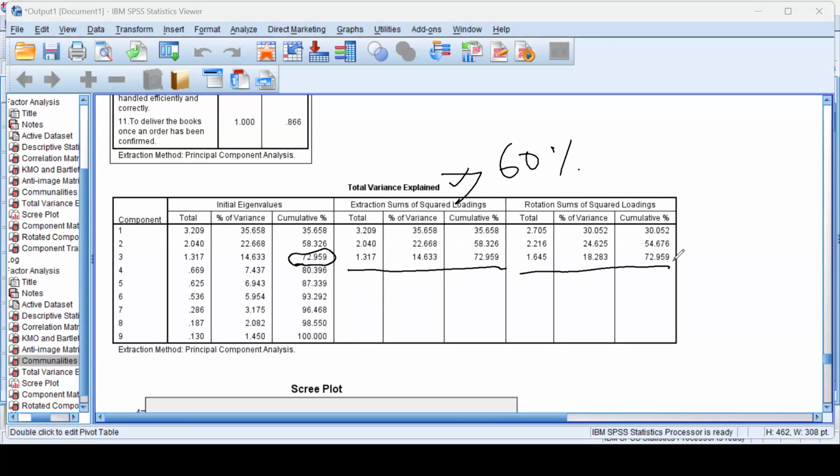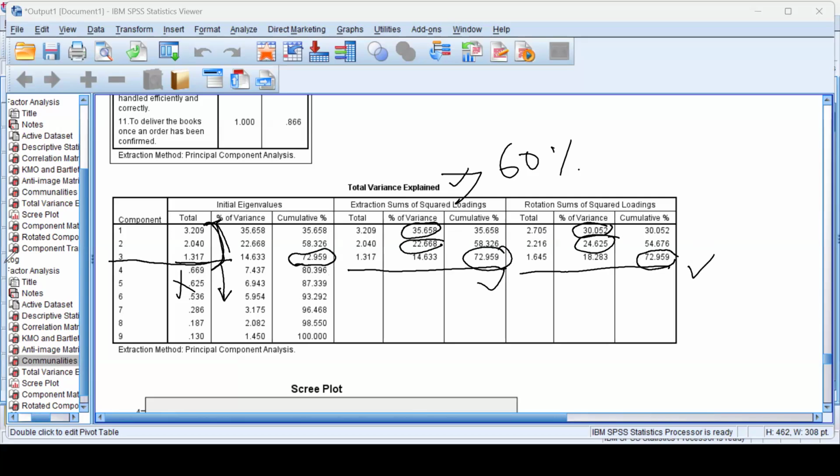After rotation, the ultimate value will be the same, 72, but the variance may differ. यहाँ देखिए variance 35 है, and here variance 30, variance 22%, variance 20, but ultimate value, both should be the same. So ये criteria हो गया, and there are 3 factors, and बाकी की जो value है less than 1 है, तो इनको नहीं लेंगे। We will retain only 3 factors, ठीक है ना।